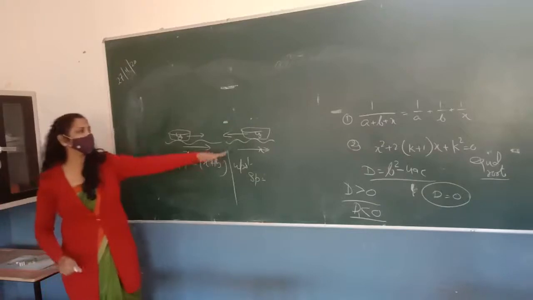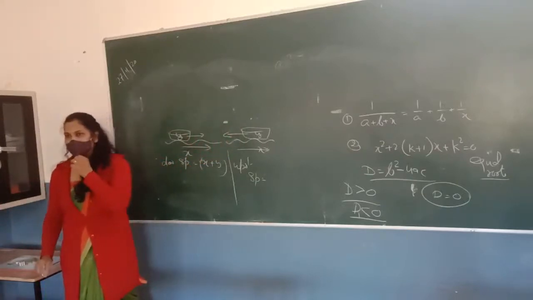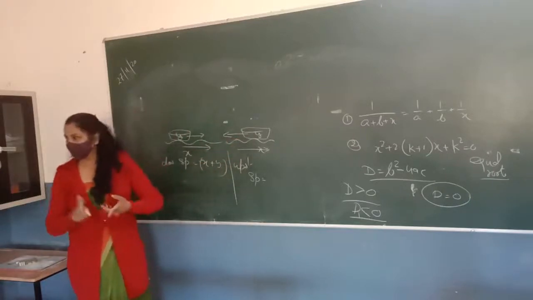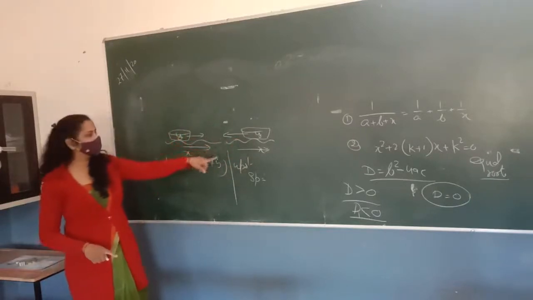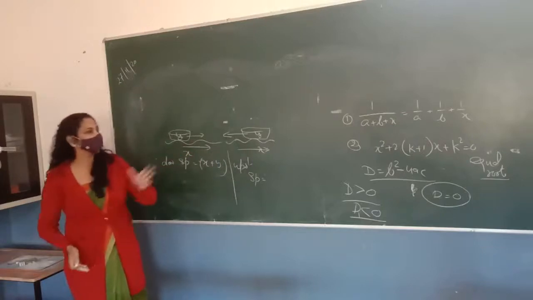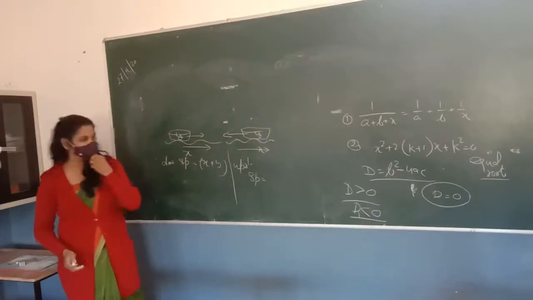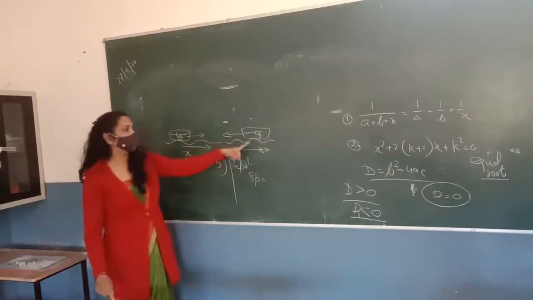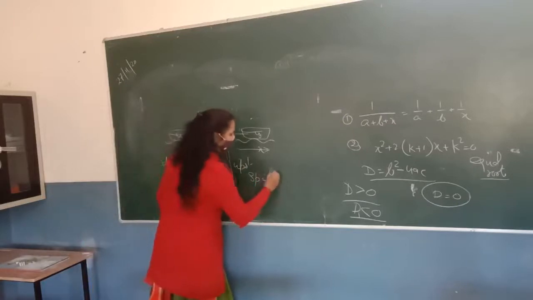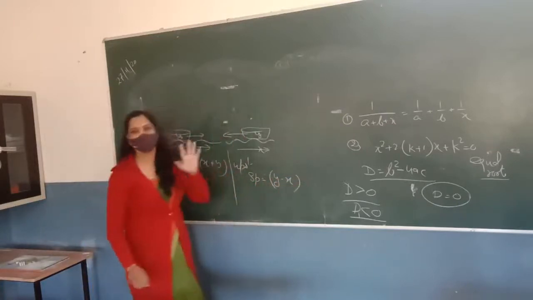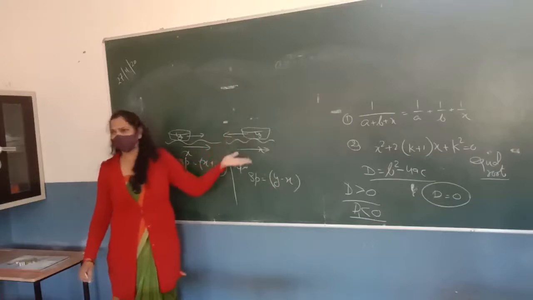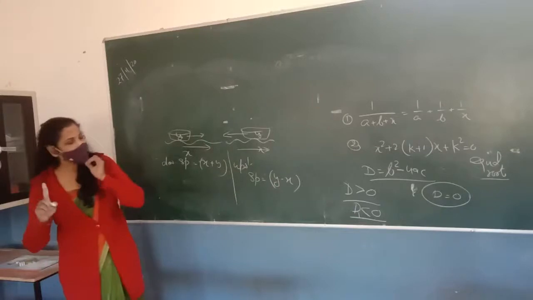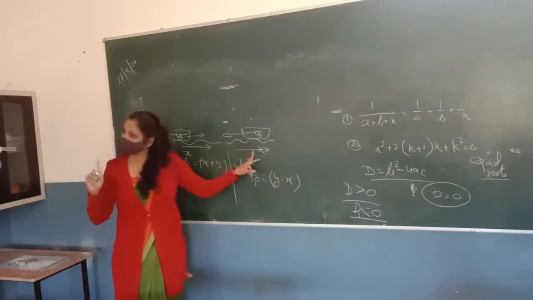आप कभी भी इसको x minus y मत कर देना, गड़बड़ हो जाएगा। हमेशा बोट में से ही रिवर की स्पीड को माइनस करना, रिवर में से बोट मत कर देना। अगर रिवर में से बोट करोगे, इसका मतलब रिवर की स्पीड ज्यादा है और बोट आगे मूव ही नहीं करेगी, ठीक है? So if you are going upstream, the speed of the boat will be y minus x. अगर आप y ले रहे हो स्पीड ऑफ बोट, सॉरी x ले रहे हो स्पीड ऑफ बोट, तो it will be x minus y. It depends on कि आपने लिया क्या है स्पीड ऑफ बोट। तो हमेशा आपको बोट में से ही रिवर की स्पीड को सबट्रैक्ट करना है, ठीक है?